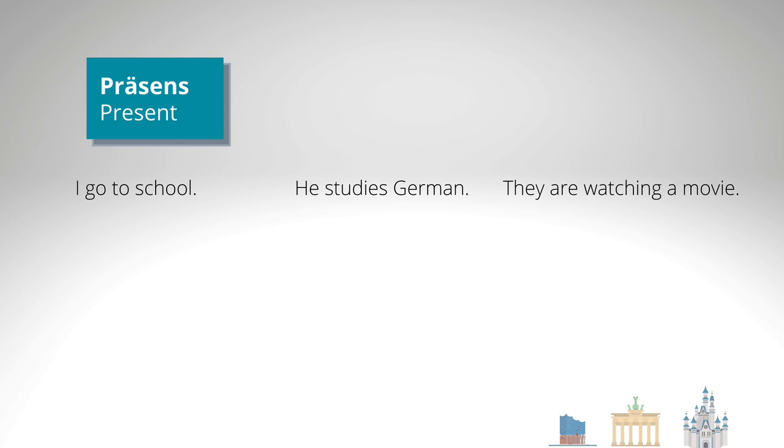called the simple present. The simple present is formed by taking the root of the verb and, in the case of he, she, and it, adding an s. In the sentence I go to school, go is just the root of the verb to go. And in he studies German, the root of to study is study, and because the sentence is in the 3rd person singular, so he, she, or it, we add an s. He studies. And you will see in a few seconds that the German Präsens is not too far away from